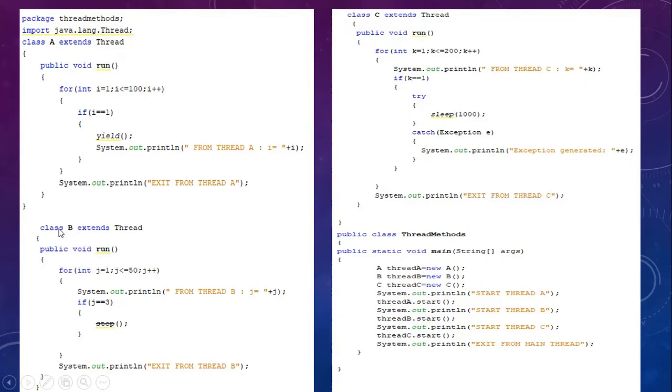there is another class that I have written, that is class B, that also extends Thread. So this is another thread. In the run method here again there is a for loop from j equal to 1 to 50. Now it is going to print from thread B, j equal to, so for every iteration it is going to print from thread B and the value of j. Once j is in the third iteration, okay, once j is equal to 3, the stop method will